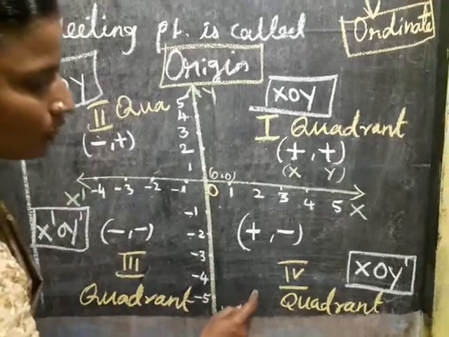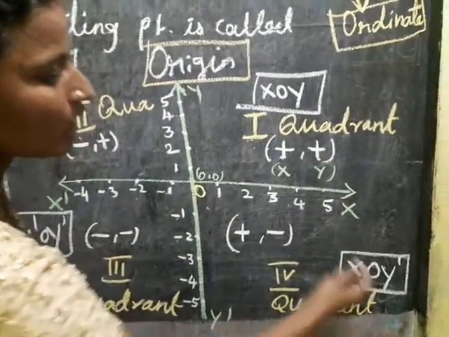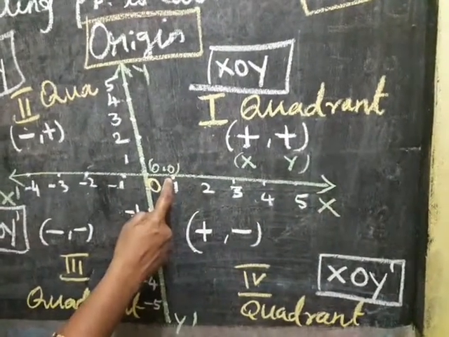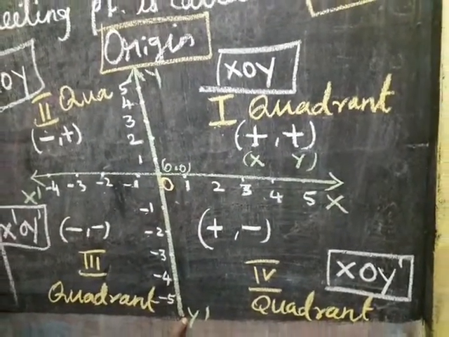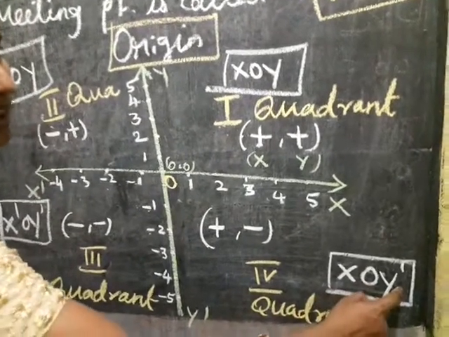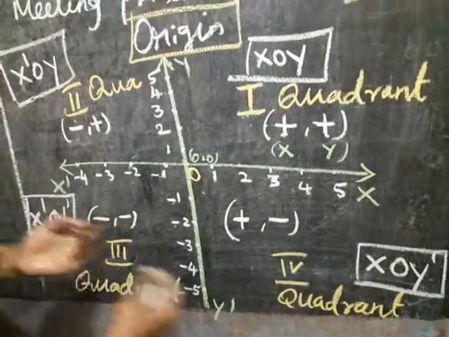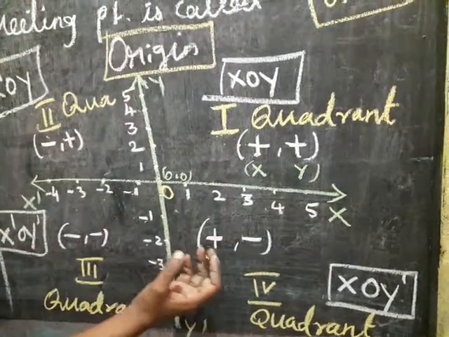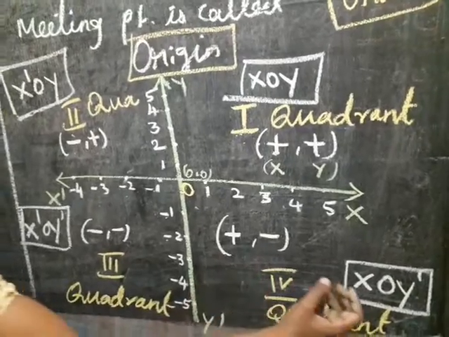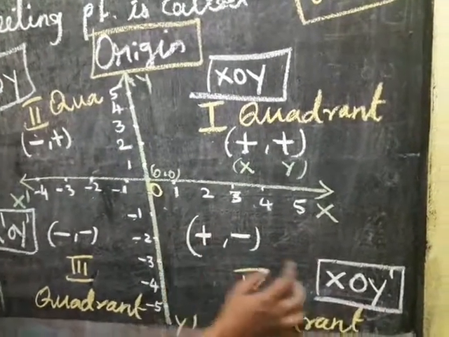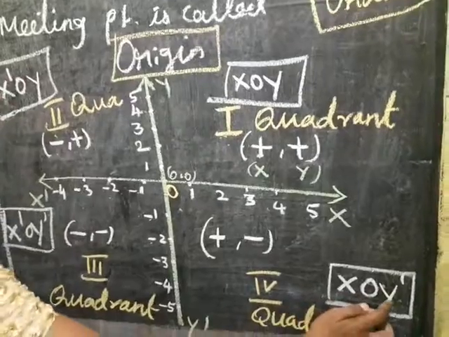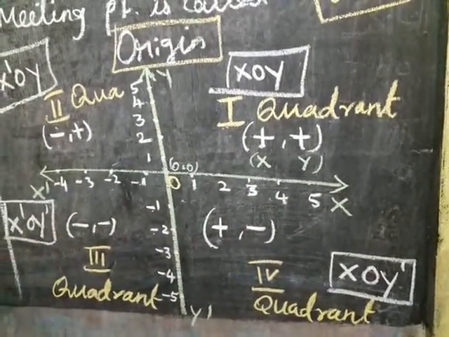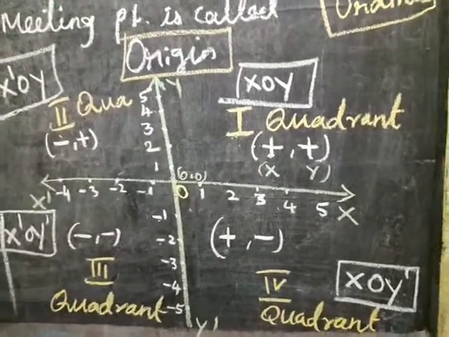And then see the fourth quadrant. The region is x, o, y dash. How to write this? First write the x axis and then the y. So this is the y dash, so x, o, y dash. This is the region. And what is the sign for the fourth quadrant? They ask the question: what is the sign of x, o, y dash? It means the fourth quadrant. So the sign is plus comma minus. Clear dear? Now we have to plot the values. Okay, see the sums.